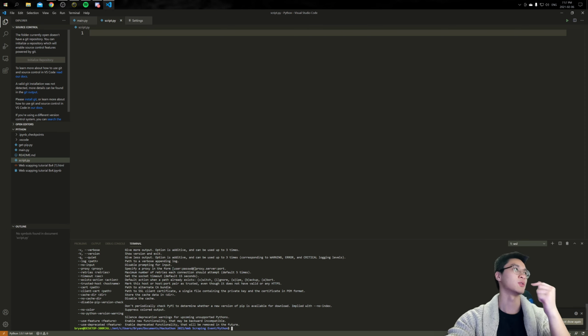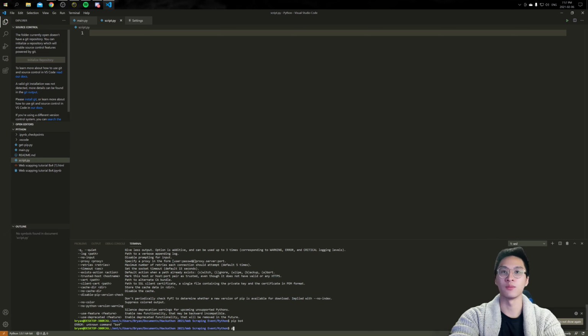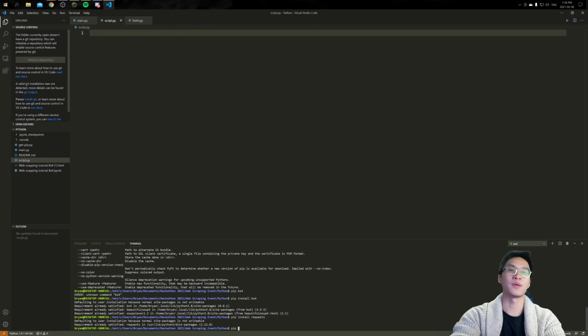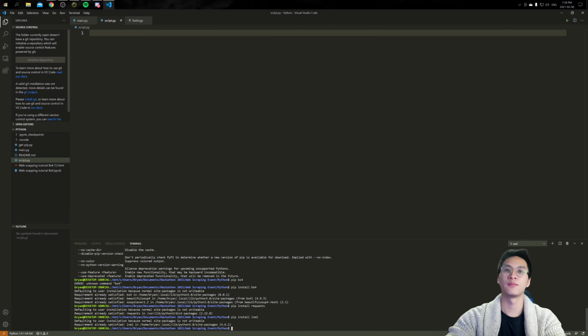So what we need to do is actually install all the libraries that we'll be using. We want to install BS4, which stands for Beautiful Soup 4. Oh, it's already installed. Yeah. That should download itself. Pip install requests and pip install lxml. Okay, now that you have all those things installed,